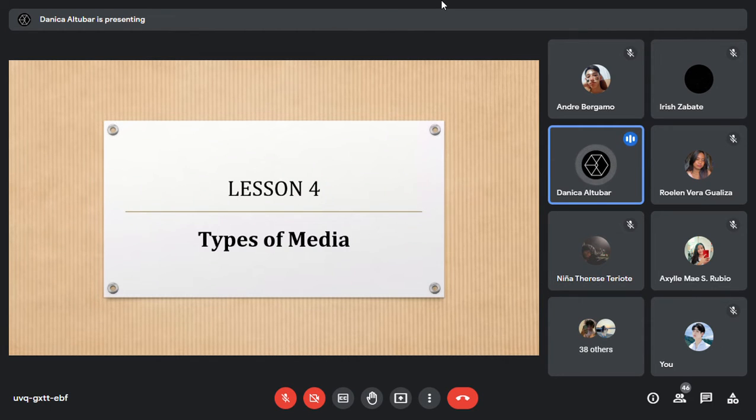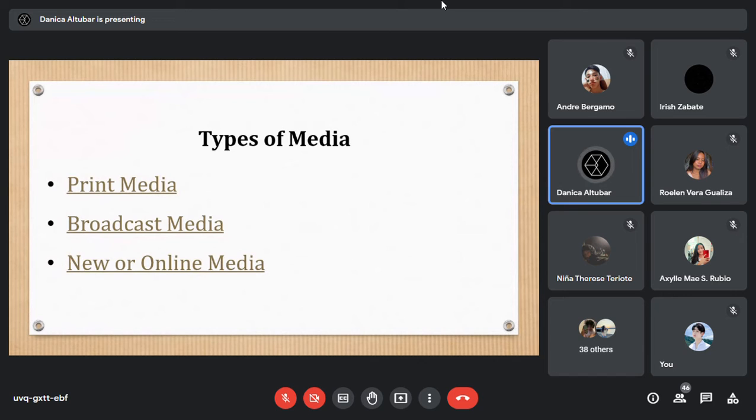Now, take note that there are three types of media. The following types of media are these ones: print media, broadcast media, new or online media. Now, you might be thinking, Ma'am, isn't social media a type of media? Yes, that is a type of media, but it belongs to a certain category under these three types. Okay? So, when we talk about print media,